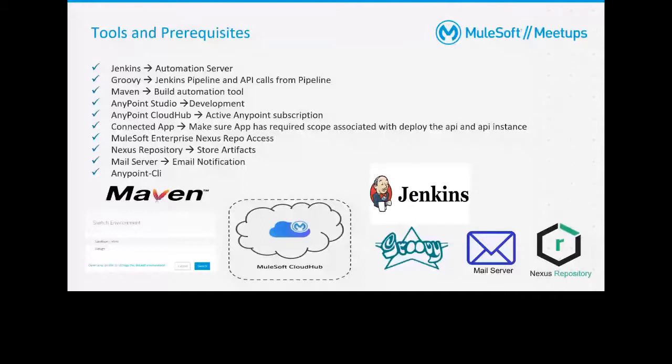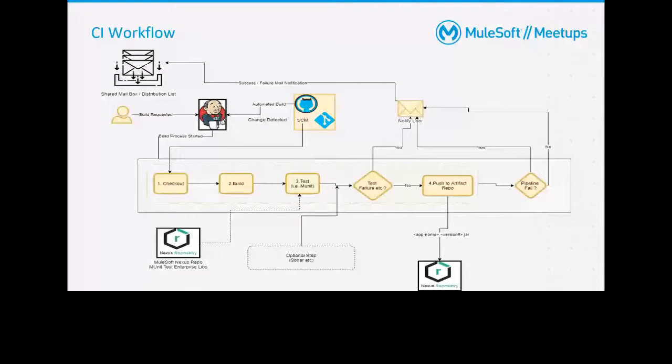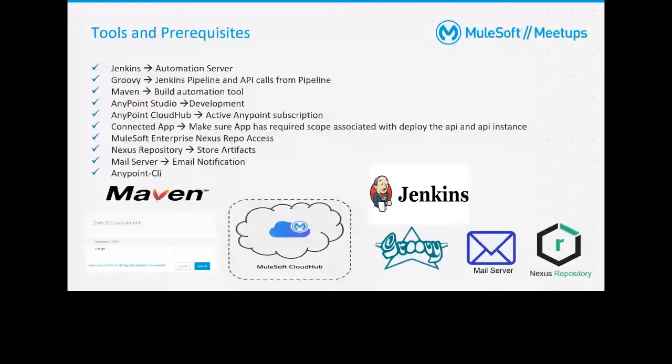Another question, from Jitendra Kumar Mehta: should the API autodiscovery configuration be in the code, or will it work only if we are passing it directly? Yes, Jitendra, you are right. I mentioned earlier that you need to add an API discovery component as part of your code itself, and you have to map that property, which I am passing to the property of a particular API. So your understanding is right.